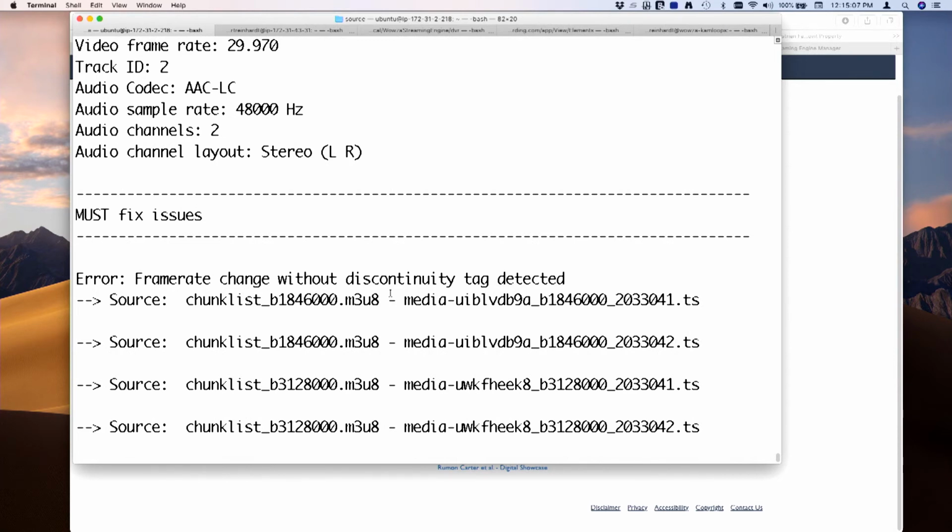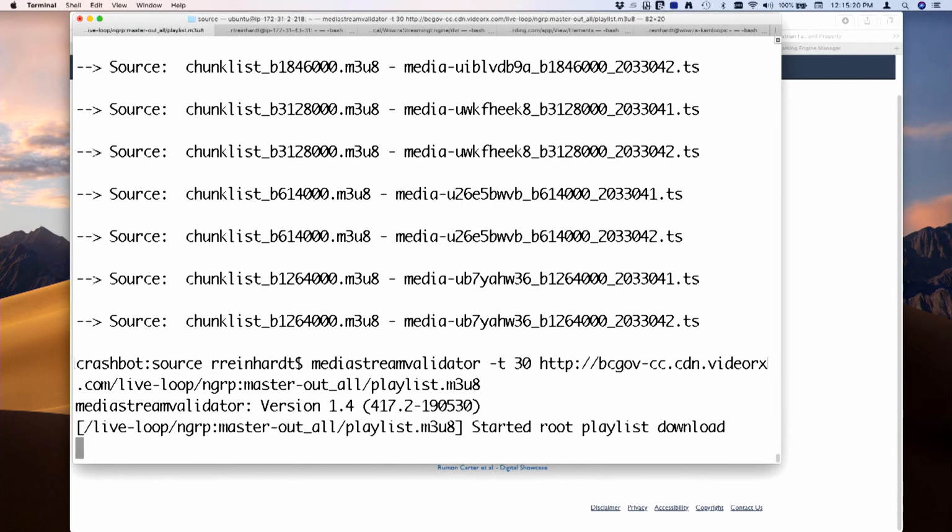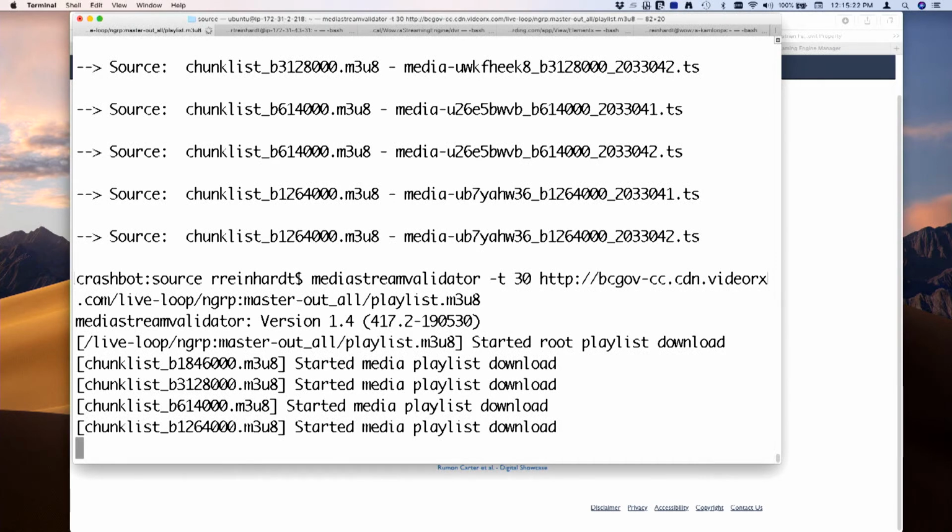I'm going to rerun that command just so it's a little bit easier to see. I'm going to tell it to look at the stream for 30 seconds, and it just takes a very simple T parameter, which I'm going to add right here. So -T, I'm going to let it run for 30 seconds. And so it's going to do the same thing, but now it will actually spit out